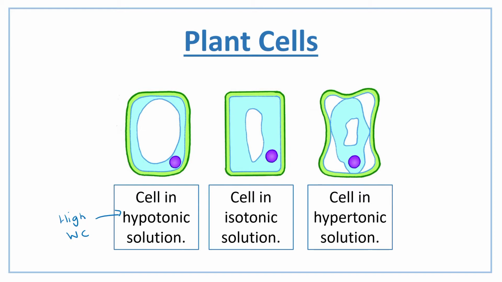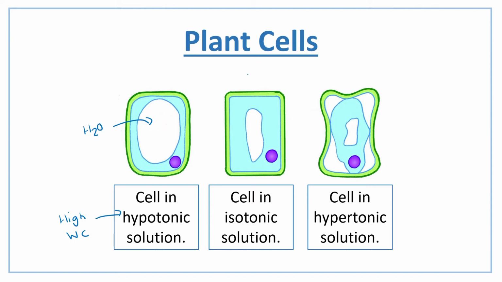So if you take something like that and put it into a pure water solution, you're setting it in a hypotonic solution. What's going to happen then is the water is going to move into that plant cell because it's going to go from high to low. So pure water is high concentration, the cell is low concentration. So placing a plant cell in a hypotonic solution means that water has moved into this and the vacuole has